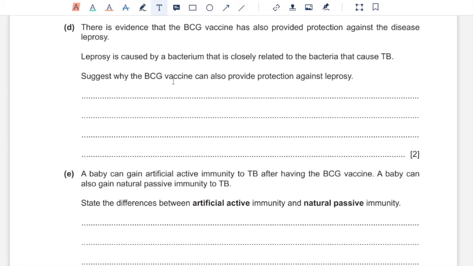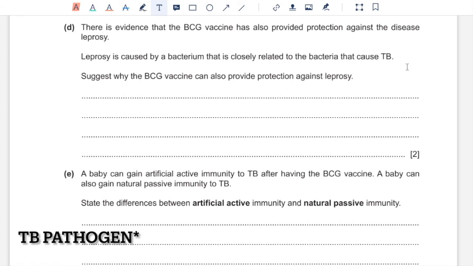Since this is a vaccine, it is going to stimulate an immune response, for example by T cells and B cells that have receptors complementary in shape to the antigens on the TB vaccine. So B lymphocytes with receptors complementary to antigens on TB would form plasma cells that would then secrete antibodies against the